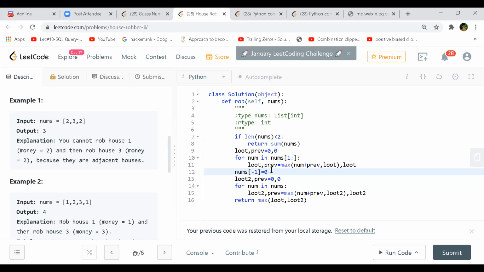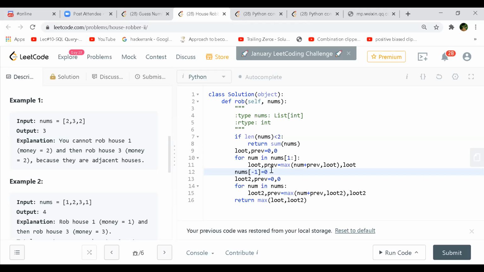But if the loot is the current one, then that is fine. Or if the loot is from the previous one, okay. No, that will be the previous one, not the current updated one. Because num and the previous one will be, okay, the previous one. It will be the last one, not the second last. Yeah. But what will be the loot in this case? Loot will be the last one. Okay.